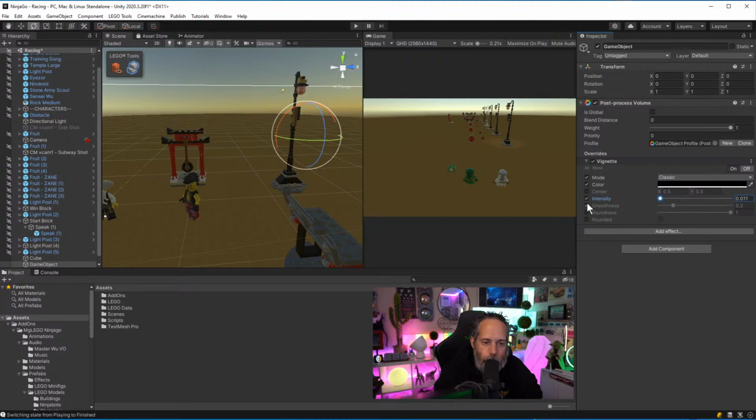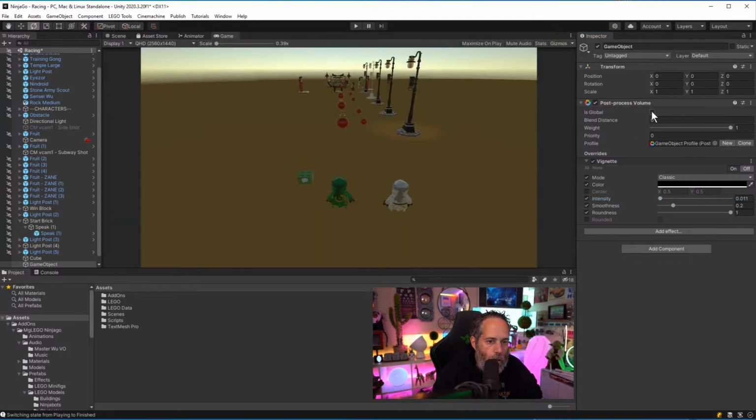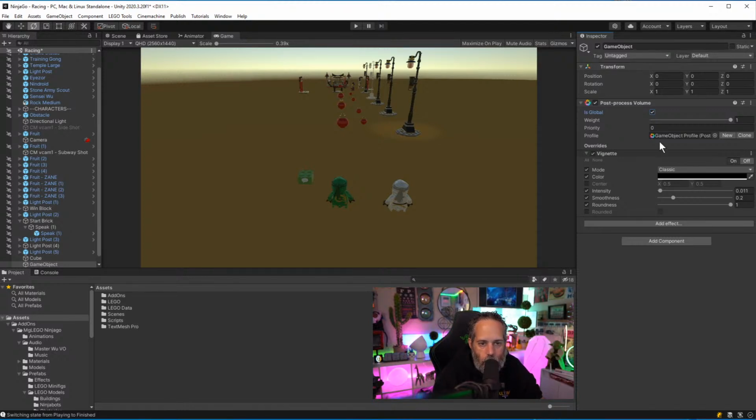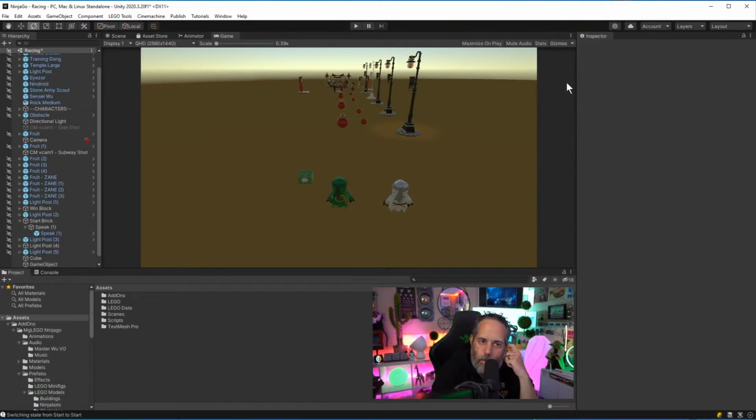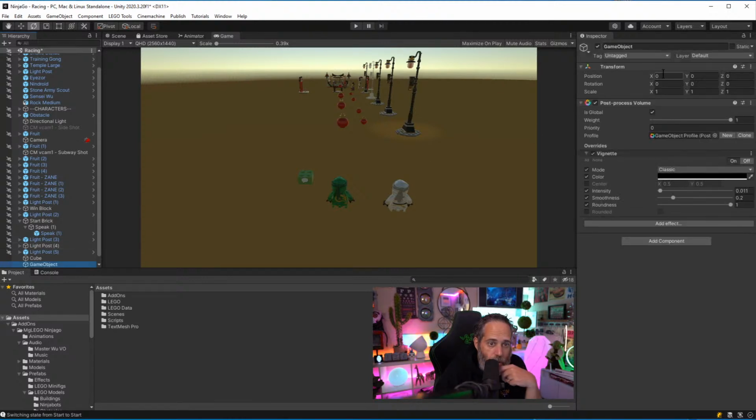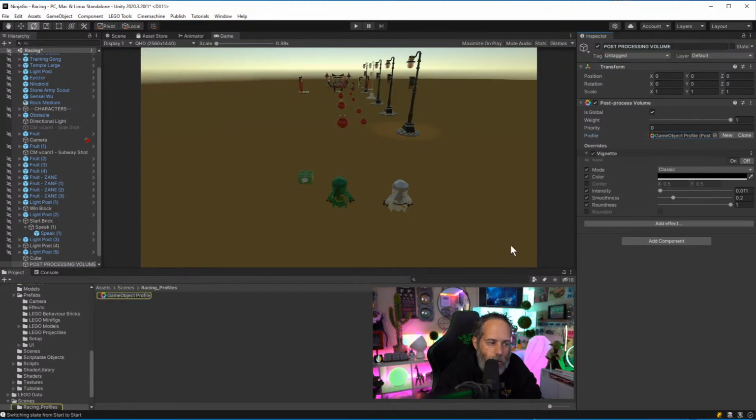So just go to classic mode, center intensity, turn that up. Let's see, why am I not seeing it here? Oh, it's global. Turn that on. And what am I missing here? What did I miss? It's not showing up. My post-processing effect, post-processing volume. Let's tag this. Oh yes, the layers have to match. So global, and then on the